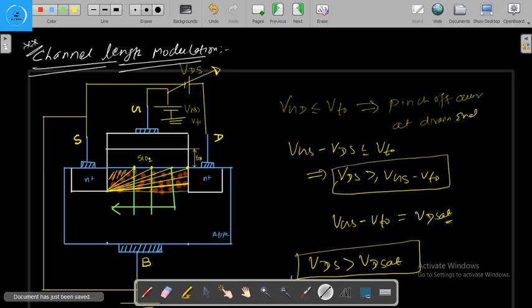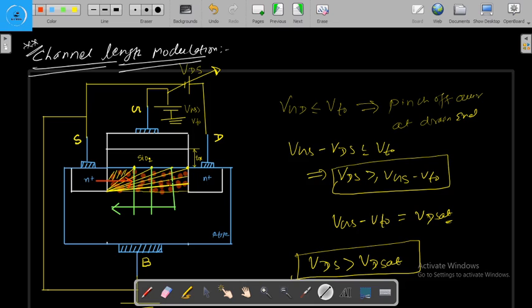Because of that, when the electron is moving from here to here, the voltage across the channel is constant, equal to the VD set, and the excess voltage, that is beyond the VD set, is present across the depletion region here. So when the electron is moving from the source and reaches the channel end, then due to the large